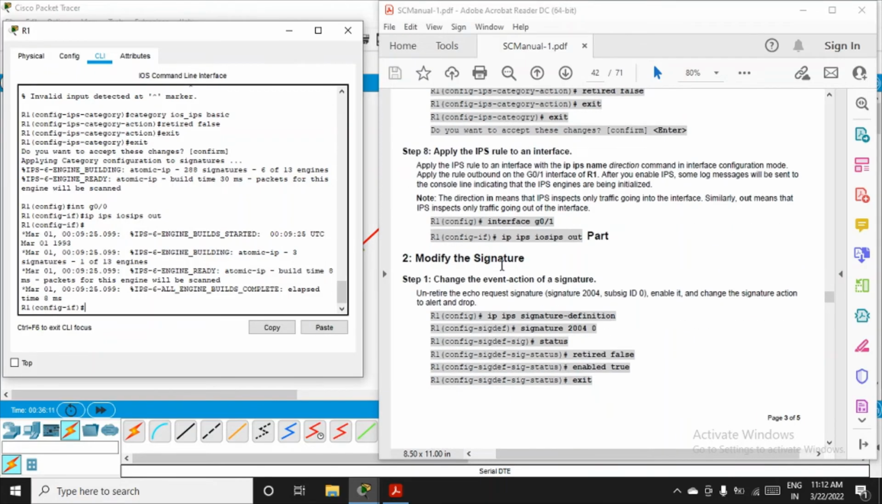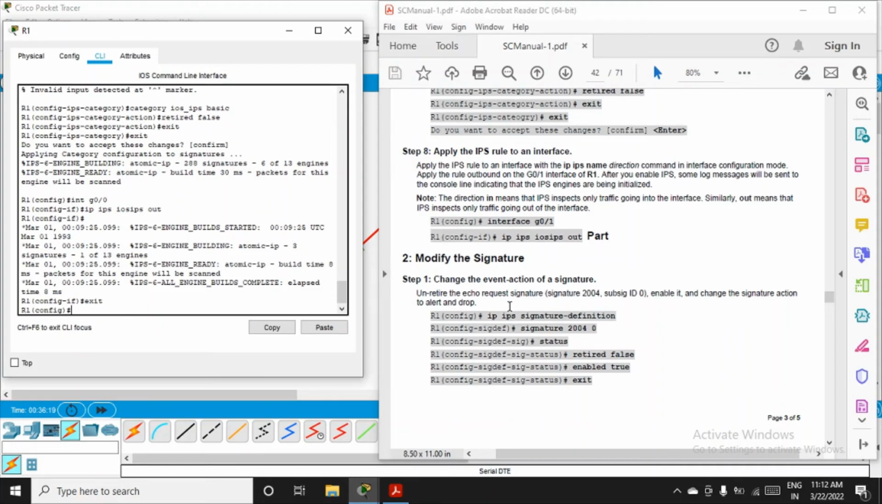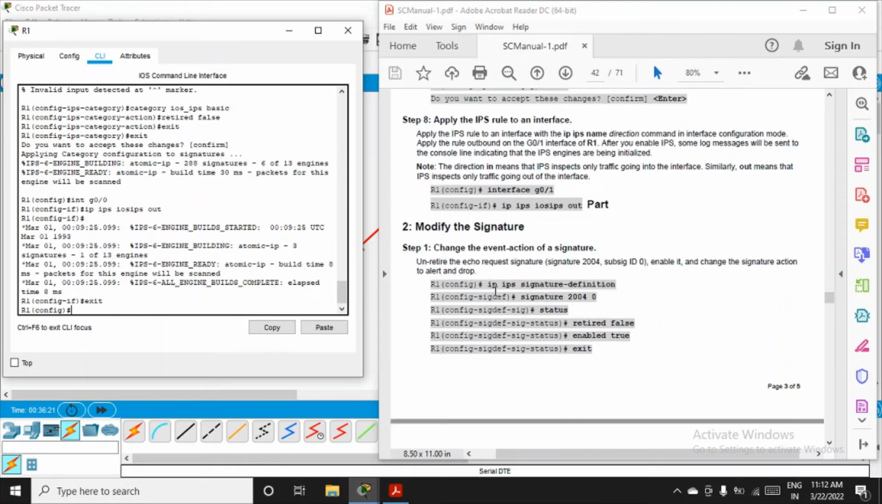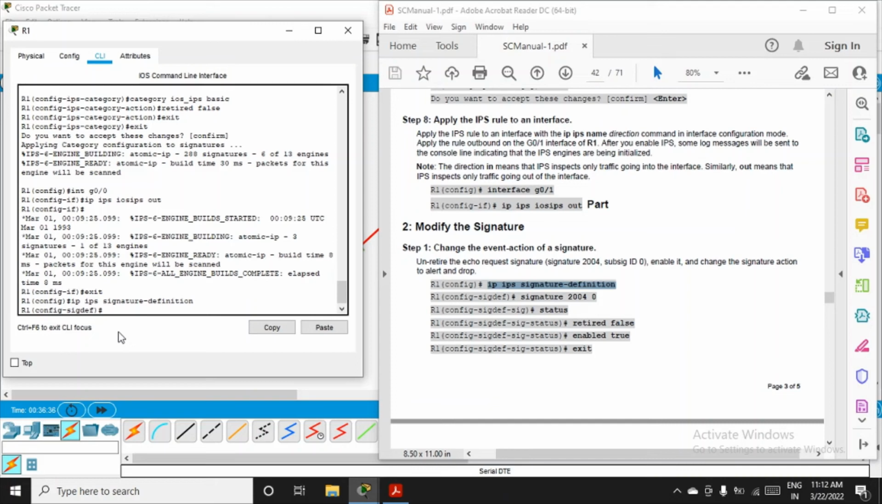We'll come to part 2, that is modify the signature. All the verification steps are there at the end. So let's exit from this mode. We are back in the configuration mode. Now we have to change the event action of the signature: unretire the echo request signature, enable it, and change the signature action to alert and drop. So I'll copy this command, ip ips signature-definition, paste it, enter,